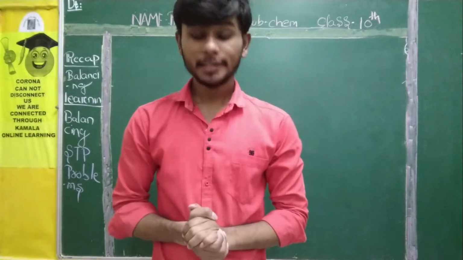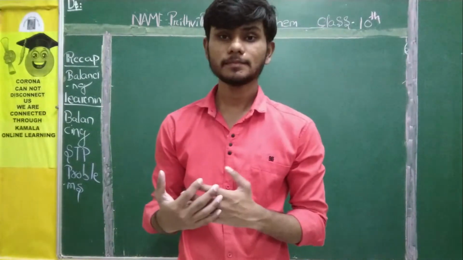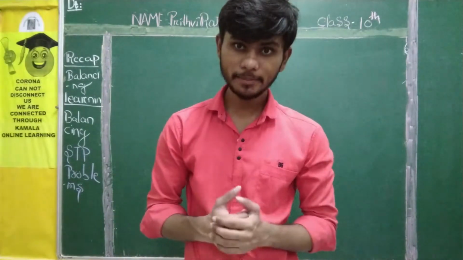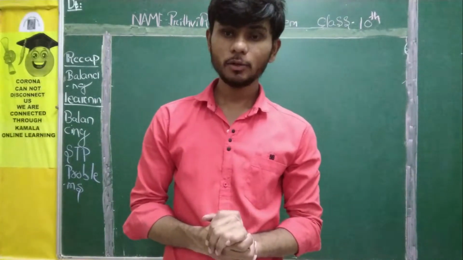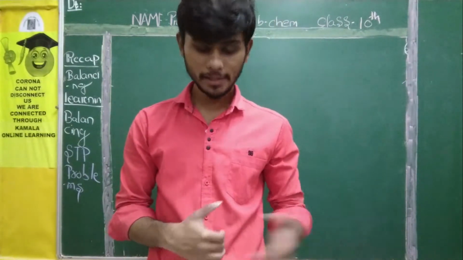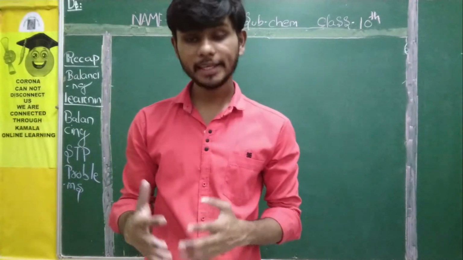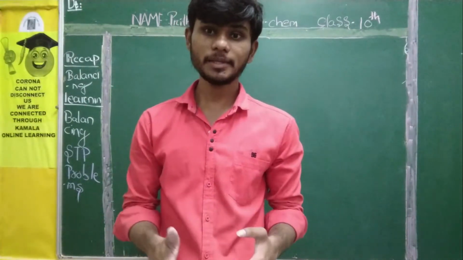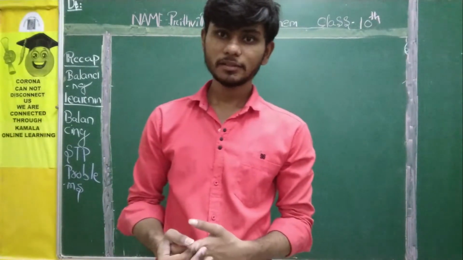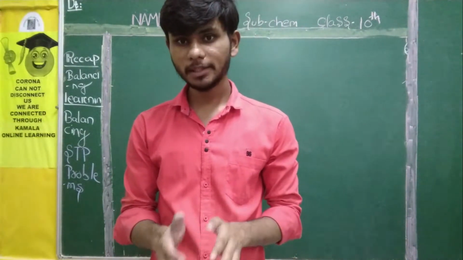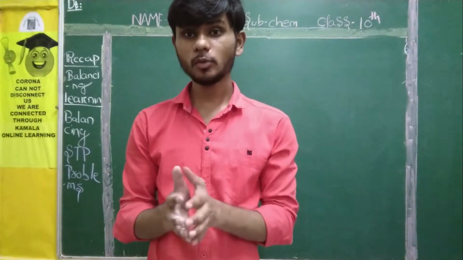Okay. In our last class, we completed how to make an equation more informative, which was quite easy, and you have learned so well. I hope you have practiced it at your house as well. And today we will discuss interpreting a balanced chemical equation and STP related problems. Till now we are in balancing equations, so it is a small chapter, but it has a big contribution in chemistry. So please focus upon it.